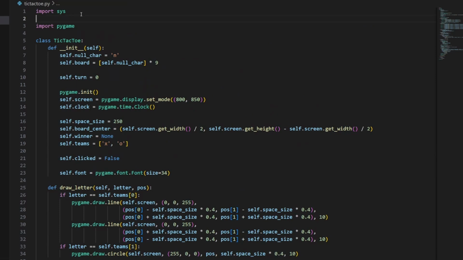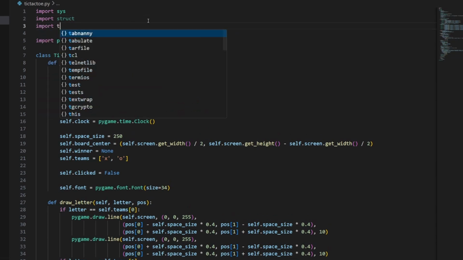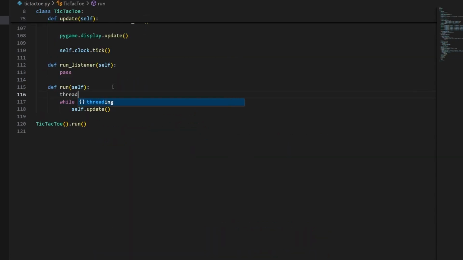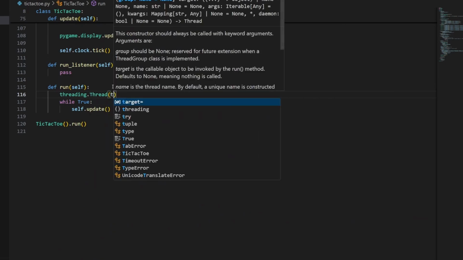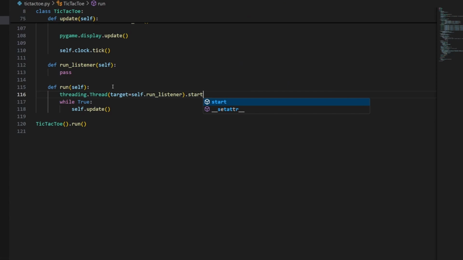We need to grab our threading library and our sockets, and we'll need struct later too. So import struct, import threading, import socket. So we'll need to do threading.Thread with target equals self.run_listener and start up that one. Now in here we also do another with